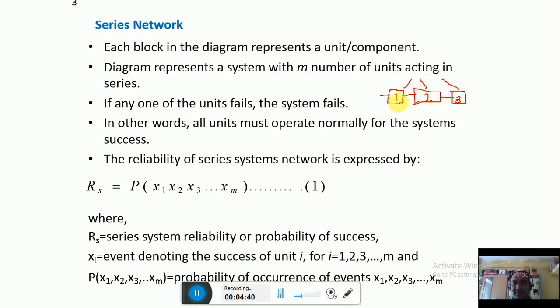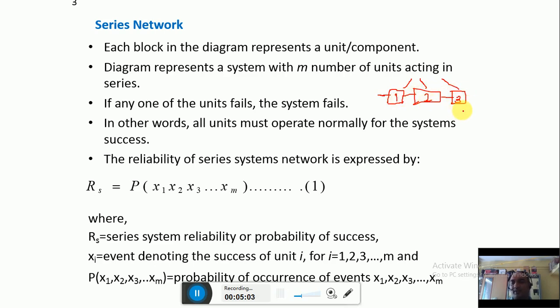All these three are in series. If spindle fails, there is no working of the headstock. If the chuck fails, then there is no working of the headstock. If gearbox fails, then there is no working of the headstock. So we can say that these three components are in series. So the series network looks like this: one component, dash, second component, dash, third component, in this way.